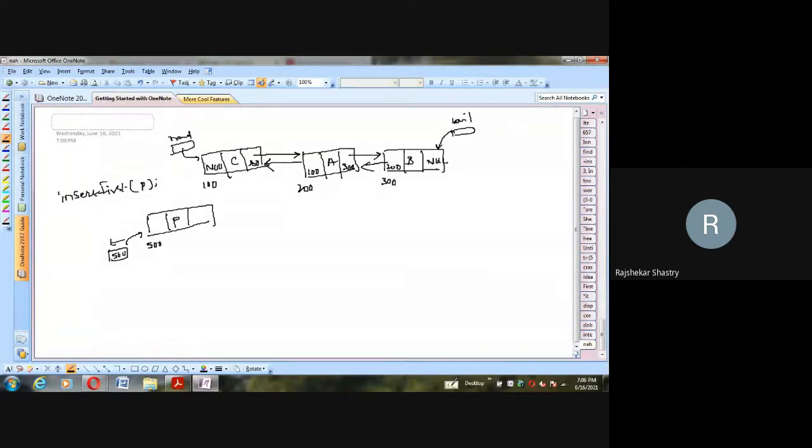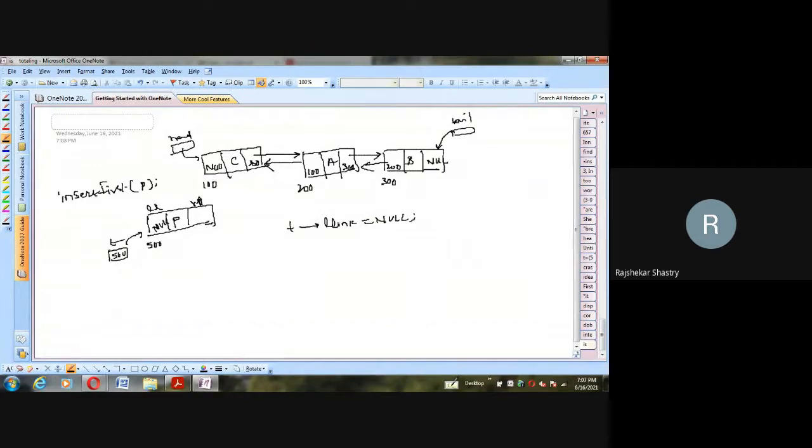Now I have to insert before this head node. So what do I have to do? I told you that you have to take care of two pointers. First, since this will come before the head node, obviously its left should be null. So T arrow left link should be null. Fine, now this is null, so one tension is over. Now for T arrow right link, the right link should point to head.